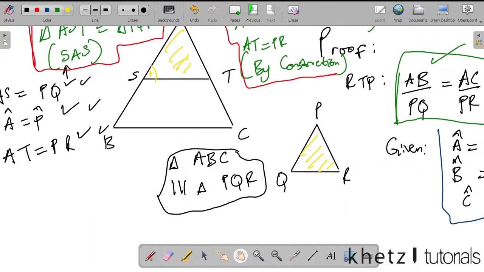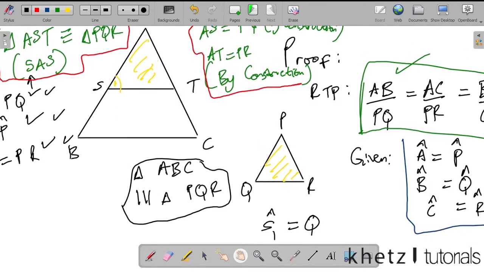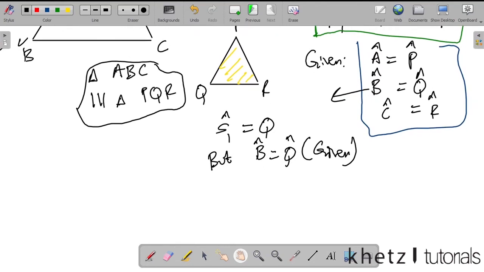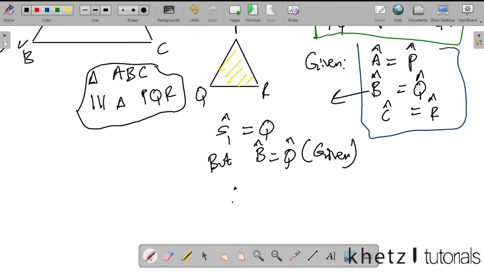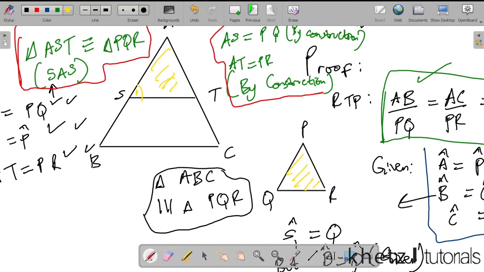So let's write our statements so it makes sense. S1 is equal to Q because we proved that AST and PQR are congruent, but we know that B is equal to Q, which is from that. So this is given to us, right? And this means that S1 is also equal to B, right? Now that we know that S1 and B are equal,